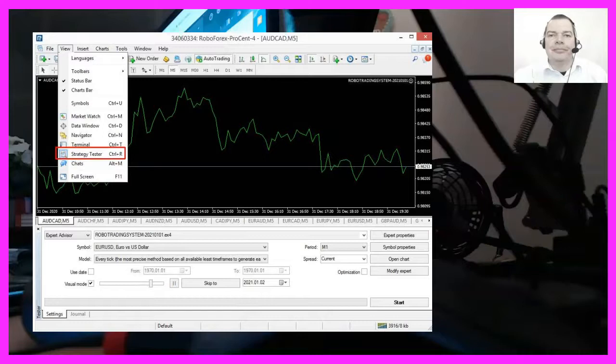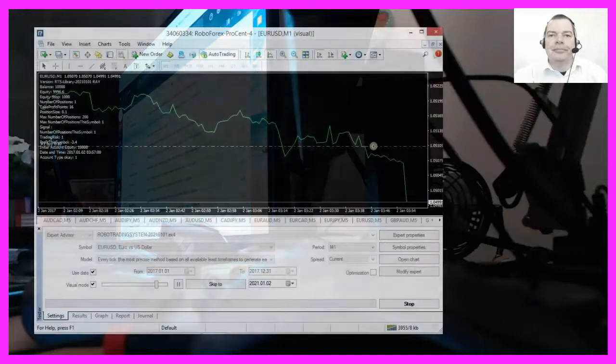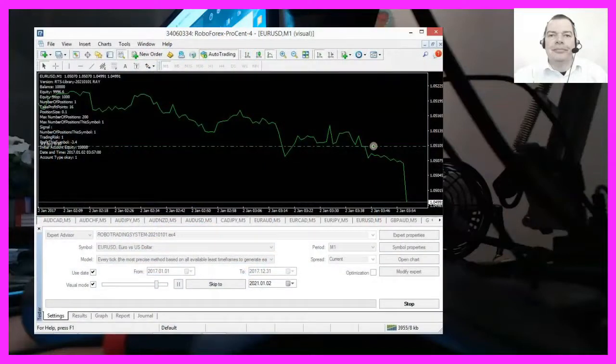Now please click on the Start button in the lower right corner. After some time you should be able to see the first trade. You could now continue and import historical data for the other currency pairs, but for now it is enough to see that the strategy test works. That means that everything is properly adjusted.